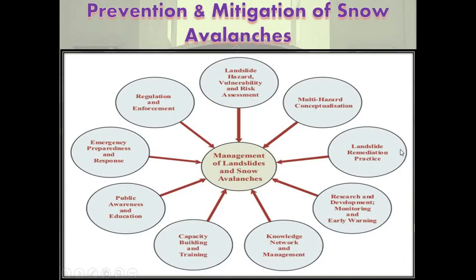Next one, prevention and mitigation of snow avalanches. Obviously, the most desirable and effective protection against avalanches is to situate buildings, roads, and other valuable development projects in areas free from avalanches. However, as the population grows and more hazardous sites are considered for development, advanced planning and strictly enforced zoning and construction practices appear to be the best solutions. In some cases, even these are not adequate to completely eliminate